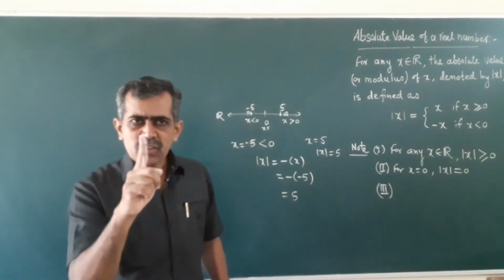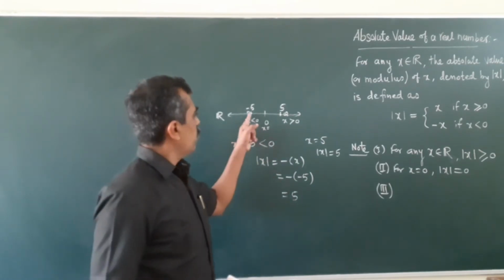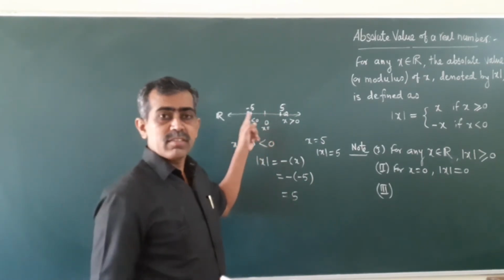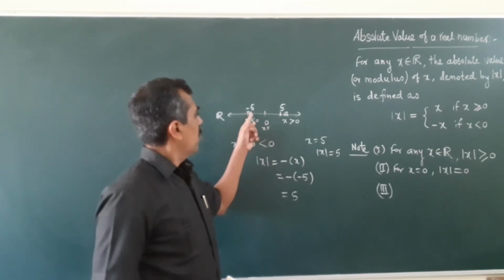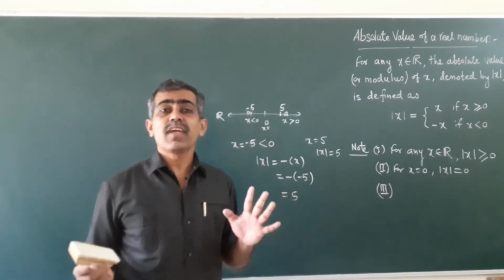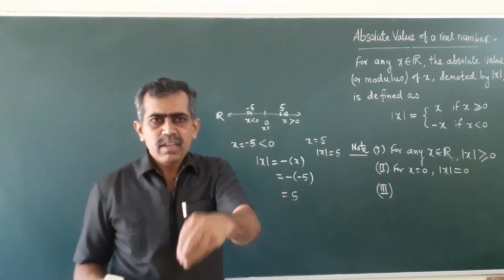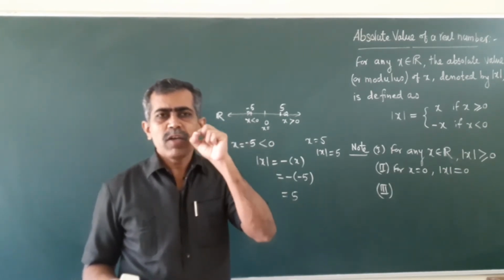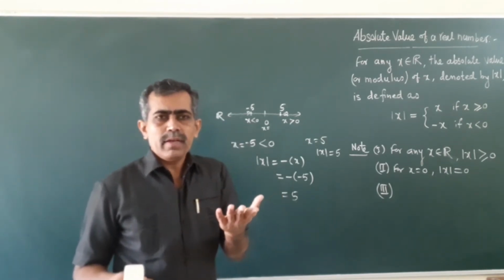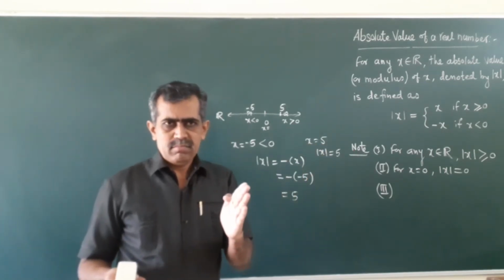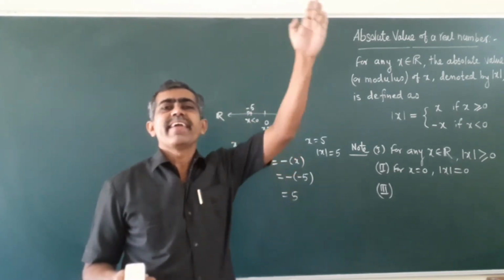As every point on the line corresponds with one and only one real number, suppose P corresponds with minus 5. Then what is the distance of P from origin 0? Distance from origin of minus 5 is 5, yes, distance is never negative. At the least it is 0. Distance of 5 from 5 itself is always 0. And distance of 5 from any other point is always greater than 0. Distance is always either 0 or greater than 0.